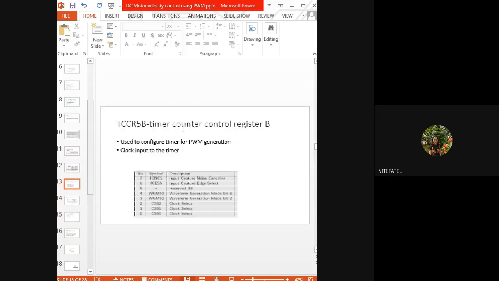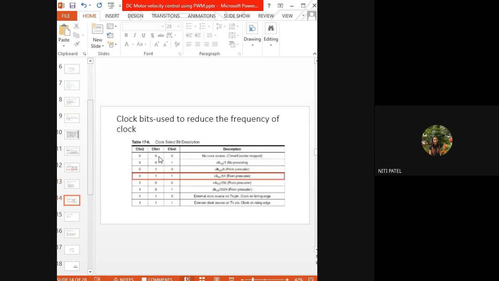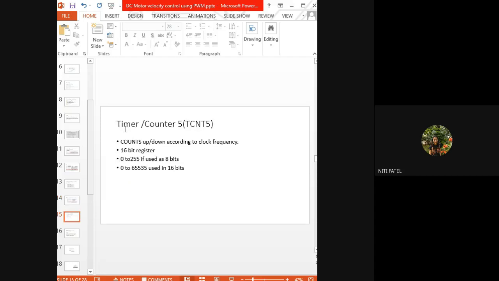तो ये जो clock frequency यहाँ पे मिल रही है, वो कितनी frequency up था, कितनी frequency down था आपके signal में, that will be counted by this counter. वो counter का size क्या है? It is a 16 bit counter. If it is 8 bits, it will count 0 to 255, और अगर 16 bits है तो कितना count करेगा? 0 to 65535.